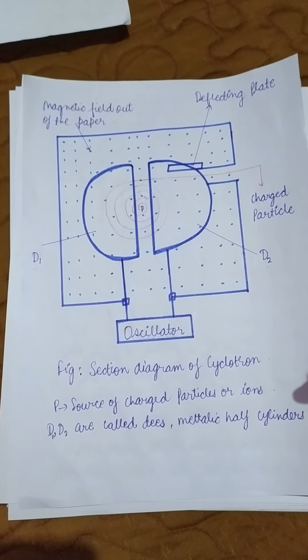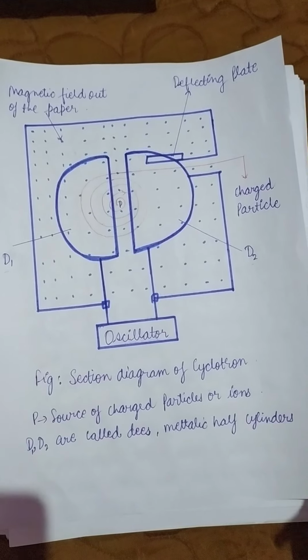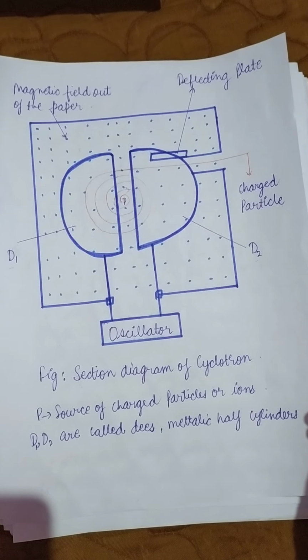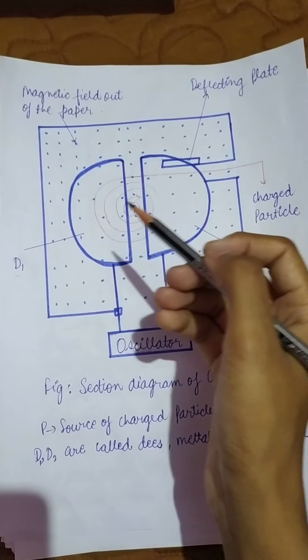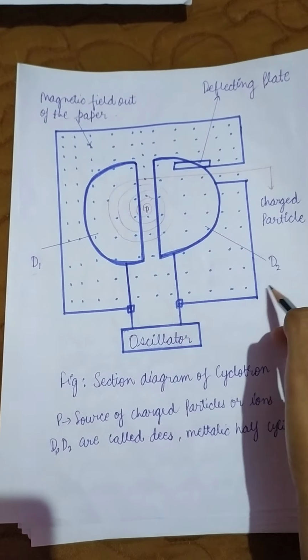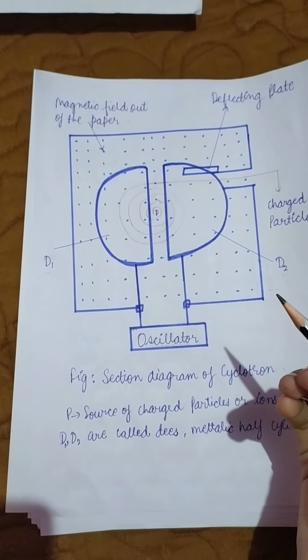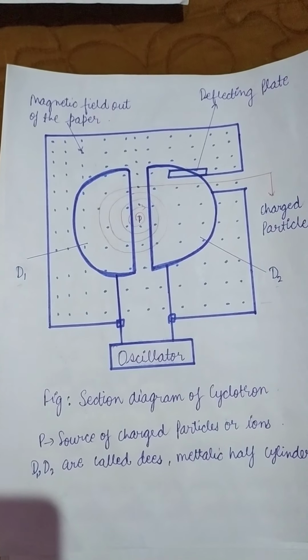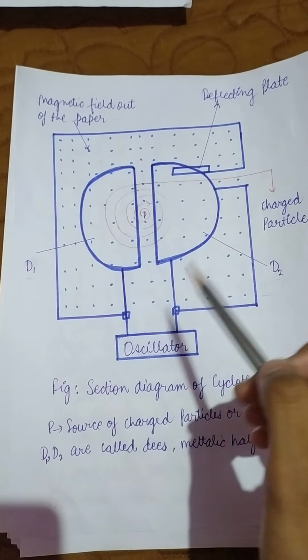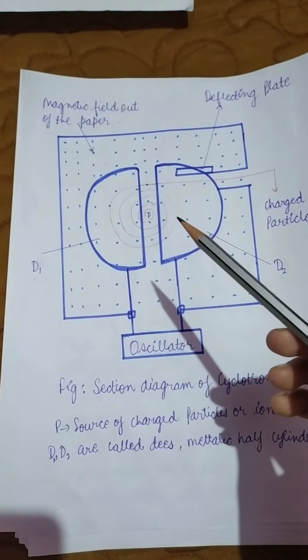So now let us discuss the construction of the cyclotron. What is this construction showing us? It is showing us that it consists of two small D's, which we can see as D1 and D2. What are these two, D1 and D2? They are half cylinders of metal, and due to their shape they are known as D's. These D's are mounted inside a vacuum chamber, between the poles of the